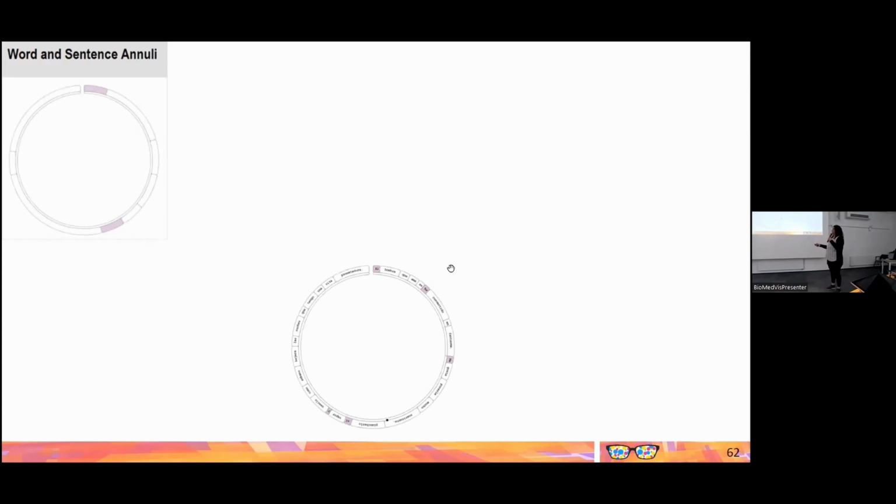So here we have the words. The radar chart in the middle, we use it to represent time. So here you have a radial axis, and in this radial axis, we are representing how long the user stayed on each word.